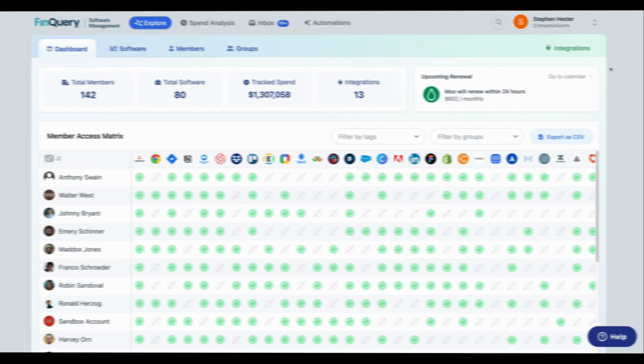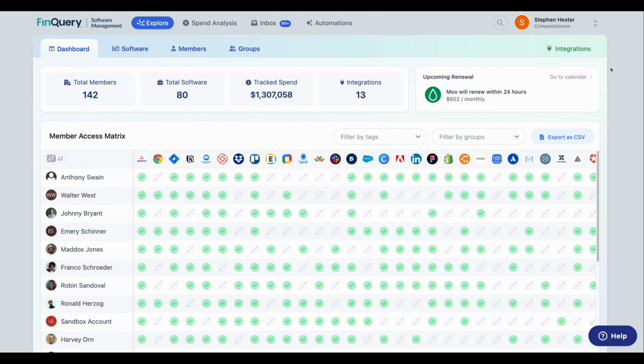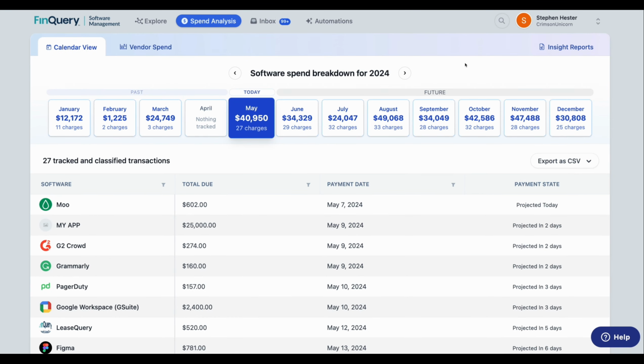After integrating FinQuery software management with your financial systems like Sage or NetSuite, spend is automatically aggregated for you back to each application in use across your business. At the top right, I can see any renewal that's upcoming across my software portfolio. From here, I can easily see future projections month over month for every software expense in my business,